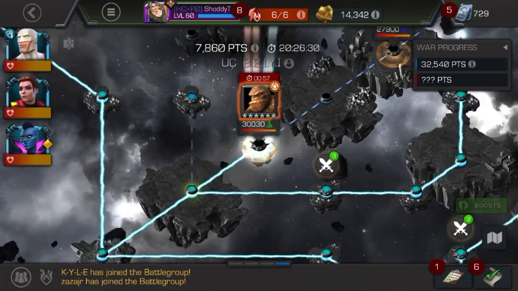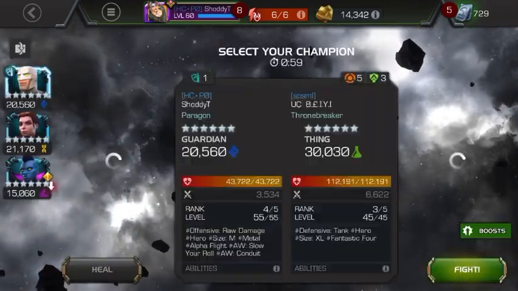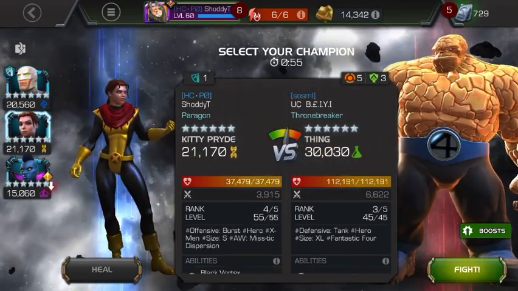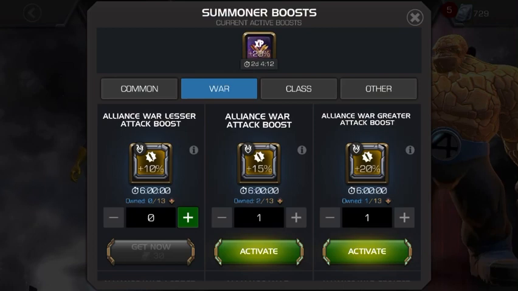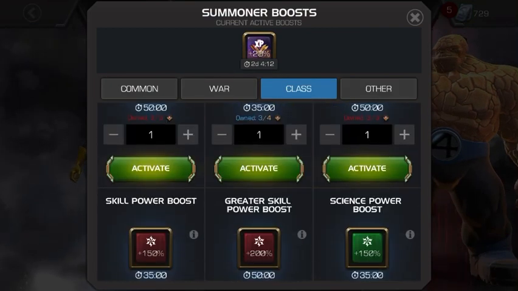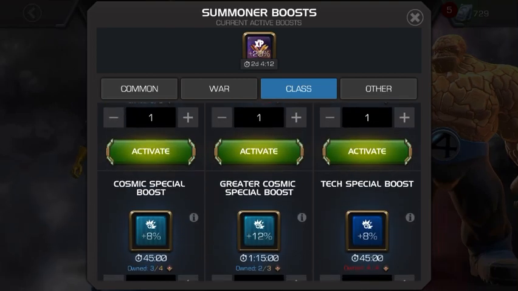But we're going to go ahead and get into this first fight here. Let's jump in, shall we? We're going to take this thing on with Kitty Pryde. I tried this with Falcon before, but it doesn't really matter because the rock stats are going to pile regardless. Of course, Falcon will hit harder. But Kitty, she's pretty